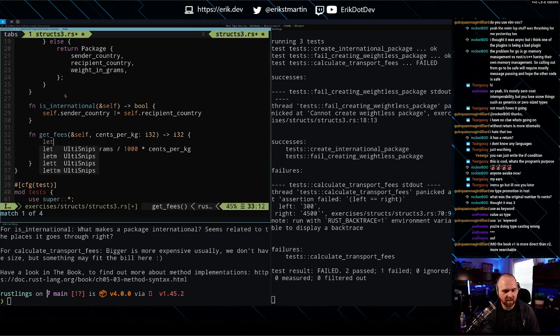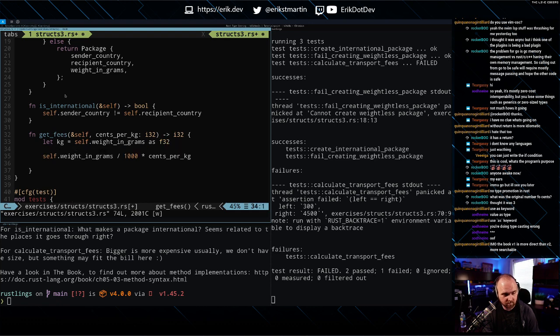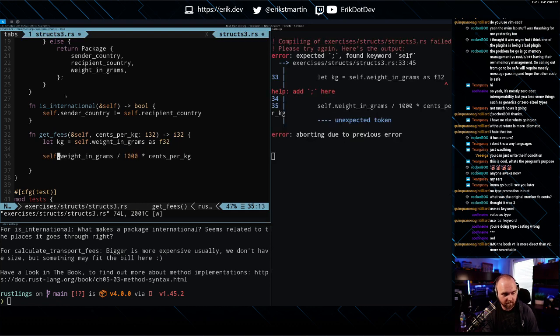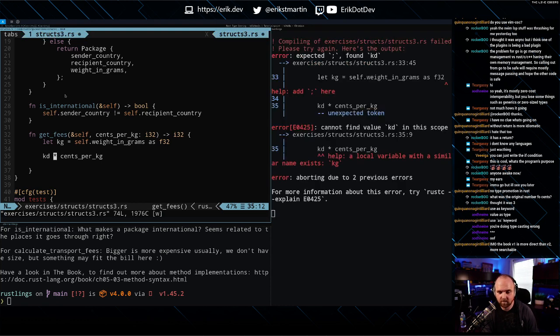So we would say let kg equal self dot weight in grams divided by 1000. Or no, as... and then here we could change to here and say kilograms.